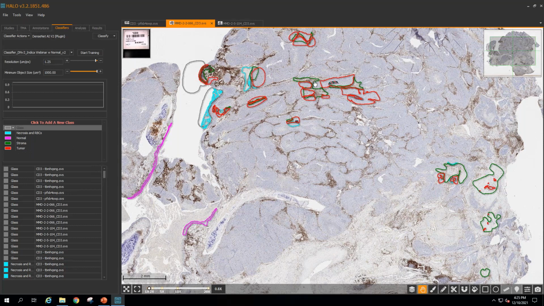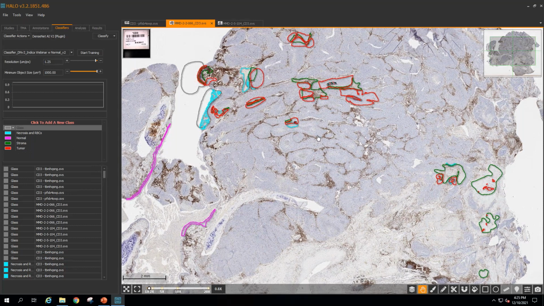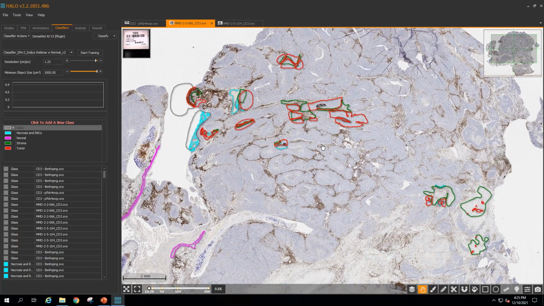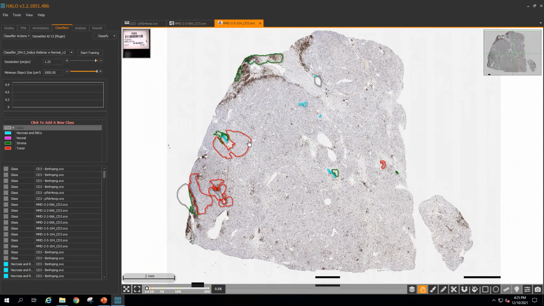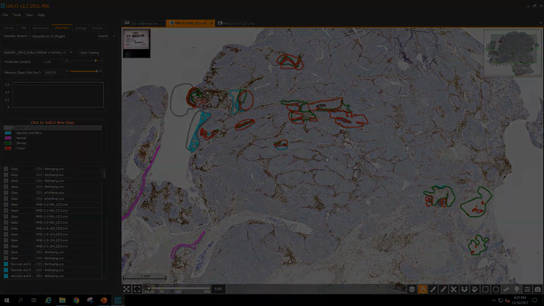So you'll see there is a number of training examples I've already provided for this classifier. One very important thing to remember is that you want to add training to the classifier that covers the entire spectrum of tissue morphologies and indications, as well as staining patterns in all of your samples. So you can see I've added these training regions to all of the cases in our study to cover all of the variability that we may see between images. So once you've added your training regions, typically